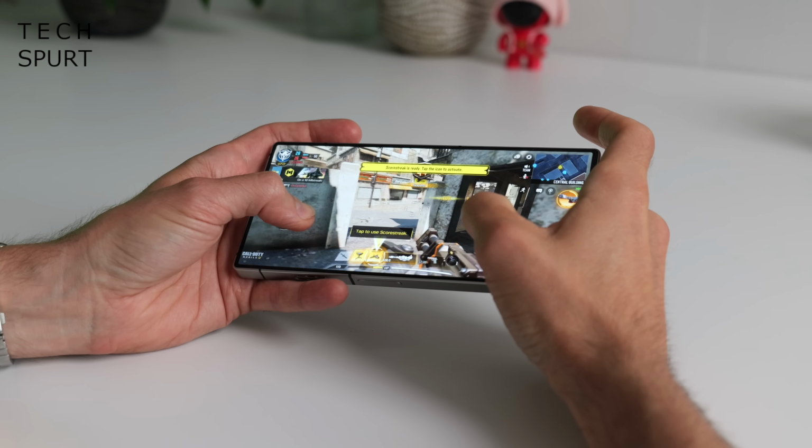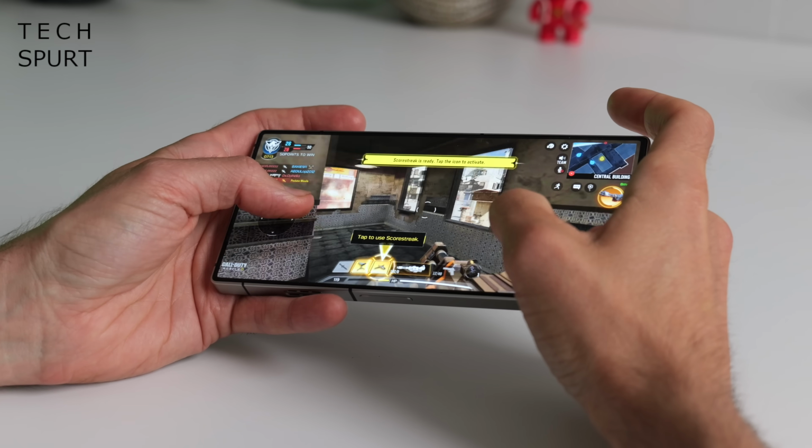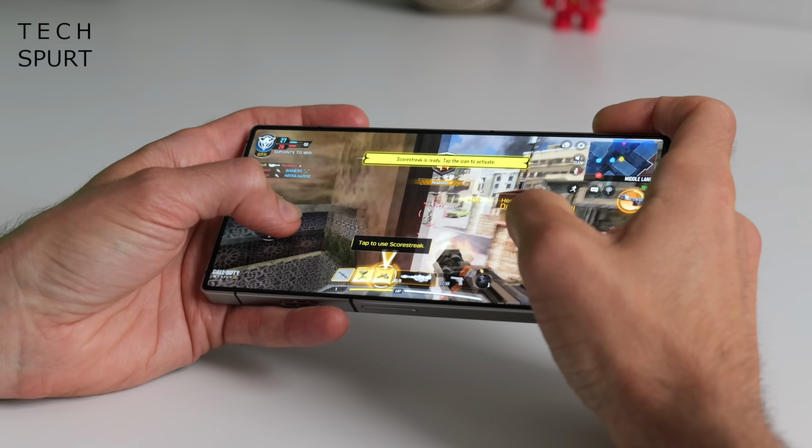And that fan is pretty bloody quiet as well. You can only really notice it when there's no ambient noise and you turn the volume of the phone all the way down. Let's turn the phone on the maximum level and demonstrate. I'll hold it up to the mic. It is whisper quiet compared with some of the fan action I've heard in gaming phones from back in the day. The only time I can picture this ever disturbing anyone is if you're lying in bed next to a very light sleeper,